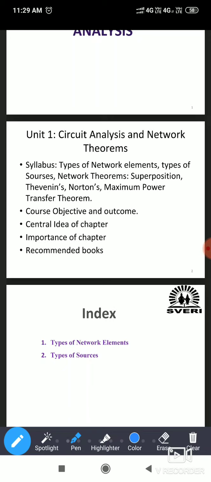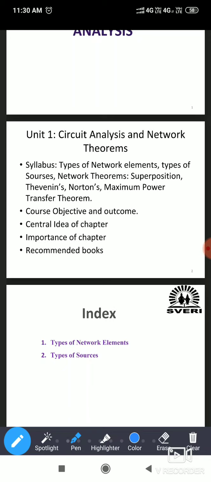Along with the techniques, we can use the network theorems, which are useful to get the required current and voltage across any element present in the given network. So this will be the central idea. I will summarize in 2 sentences. To solve the circuit parameters, that is voltage and current, we have to use some techniques. Those techniques involve circuit analysis methods and some network theorems. The theorems you already know, given in the syllabus: superposition theorem, Thevenin's theorem, Norton's theorem, and maximum power transfer theorem. So this is about the central idea.